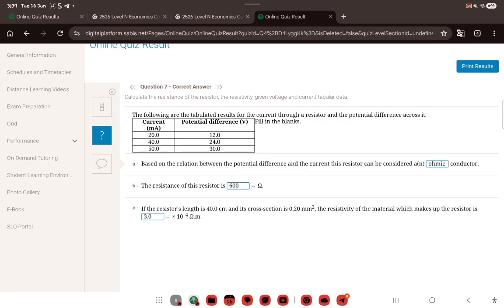Since voltage is directly proportional to I in an ohmic conductor, V over I should be a constant, because we have R is equal to V over I, so the resistance should be constant. So we have 12 over 20, 24 over 40, 30 over 50. If you put this on the calculator, you should get